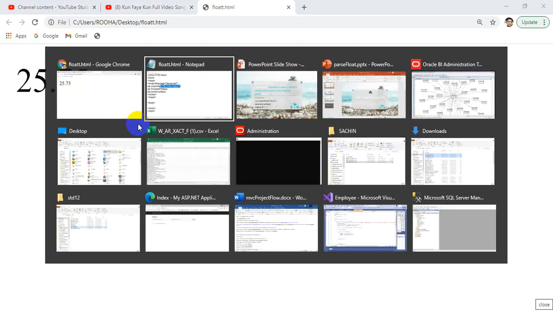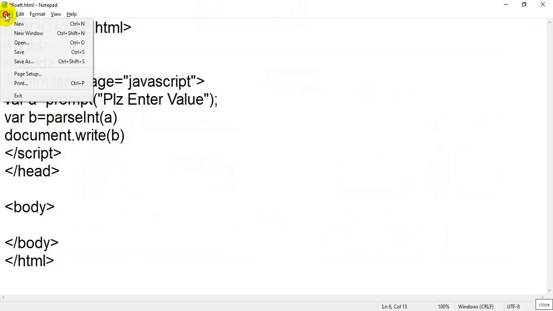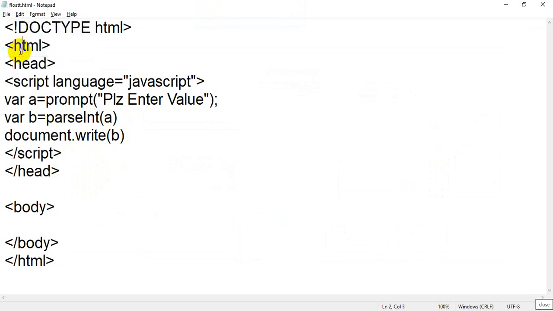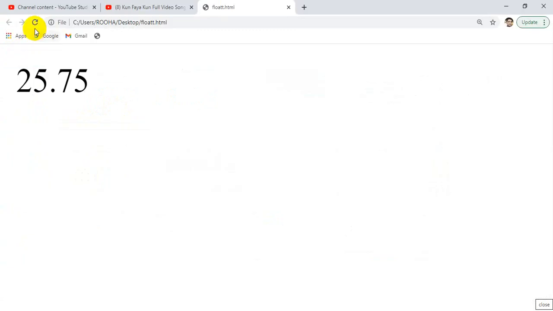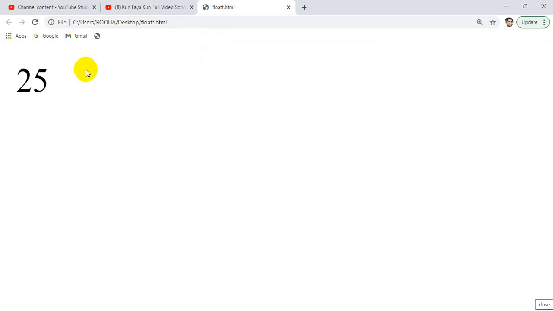But if you use the parseInt function, let me replace parseFloat with parseInt. Now my function is the one which we have seen in our previous lecture. Okay, it's parseInt. Now when you flip back to your browser and refresh, I am going to enter 25.25. Again I have entered a decimal, but your output will be only 25. See why? Because I have used the parseInt function. The parseInt function only generates the full integer value.